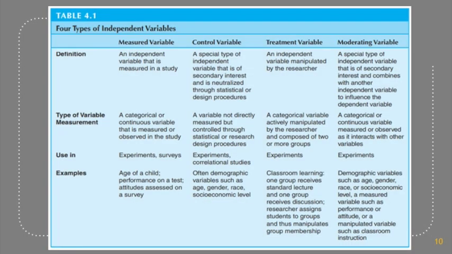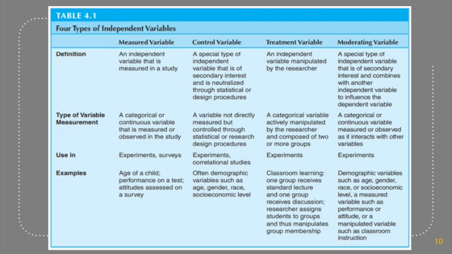Okay, there are four types of independent variables. The first is measured variables. The second one is control, treatment, and then moderating. For the first one, examples are the age of a child, the performance on a task, attitudes, and then the second one,